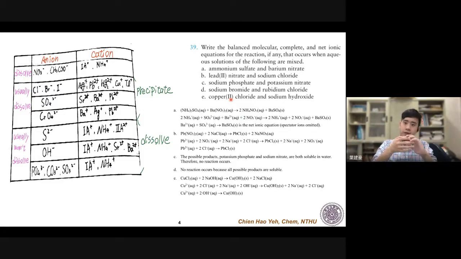But when just one precipitate happens, like in part A, and there is a lot of cation and a lot of anion, and one pair just happens to precipitate, then you only need to write that pair of reaction. 那你就只需要写那一对的这个那对反应。